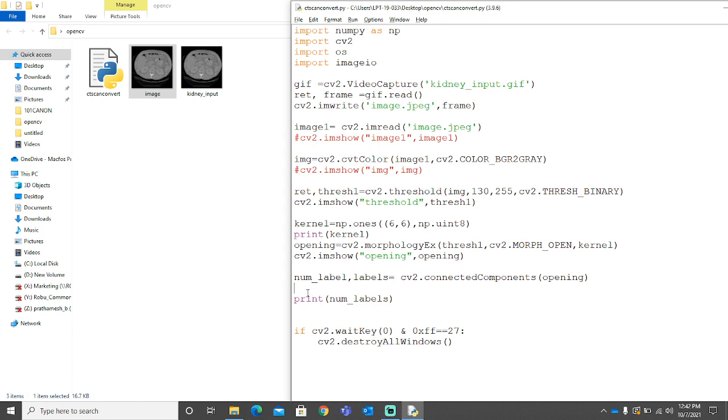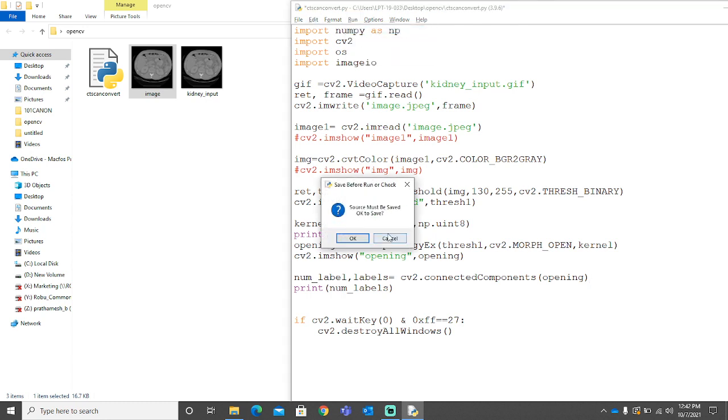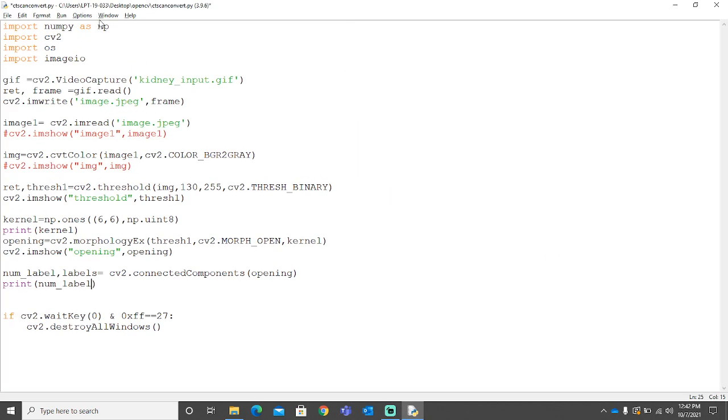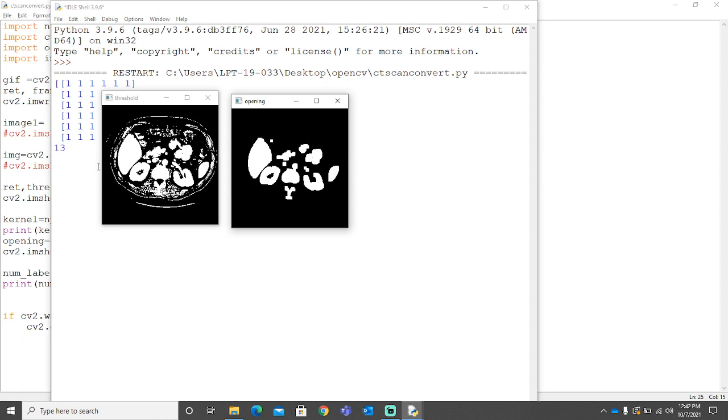And I printed num labels. Am I wrong somewhere? Just rerun it. Okay, it's num_labels. Okay, let's run it and see what we can do. Yeah, we have 13 connected components. It has figured them out, the program itself.